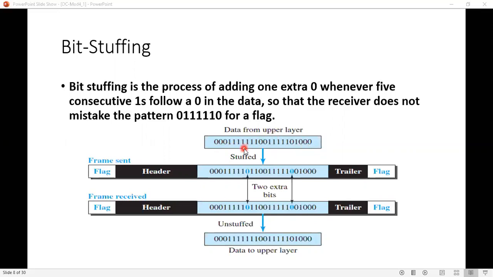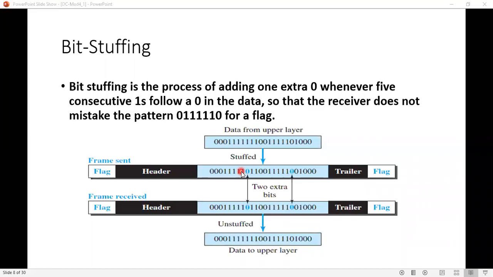Now, whatever sequence you have used for this flag, if that same sequence is present in the data, then the receiver might misinterpret that as the end of the frame, right?